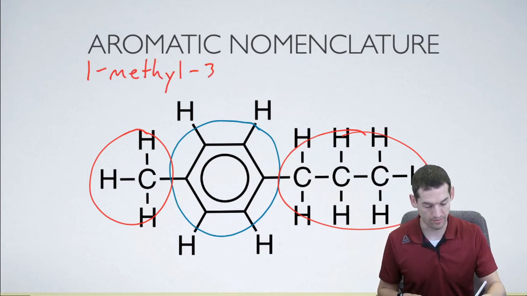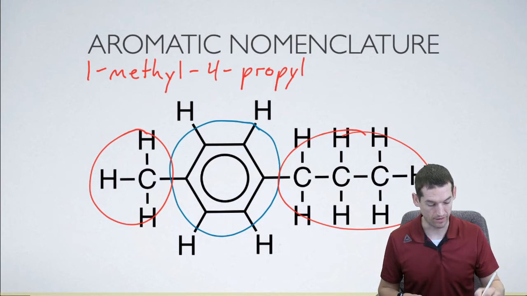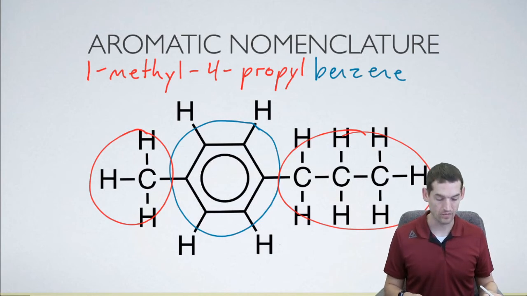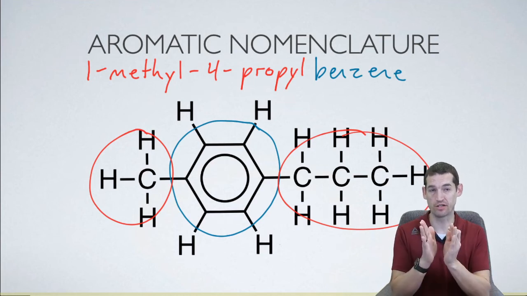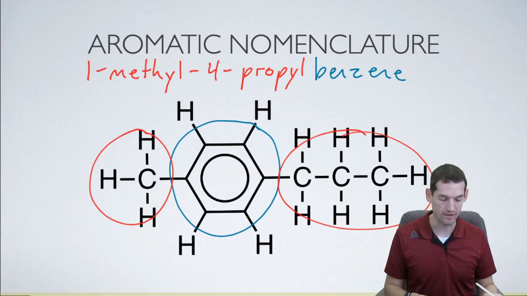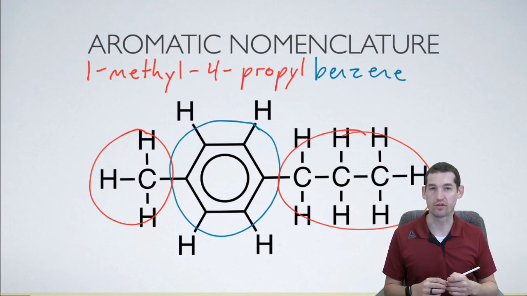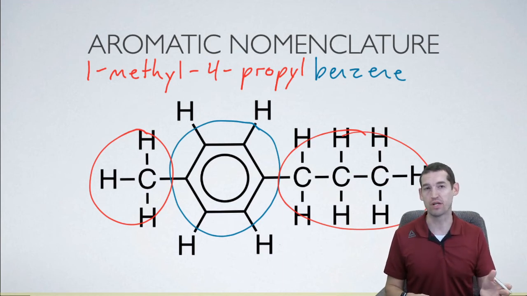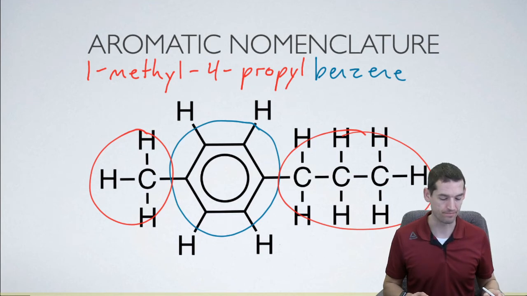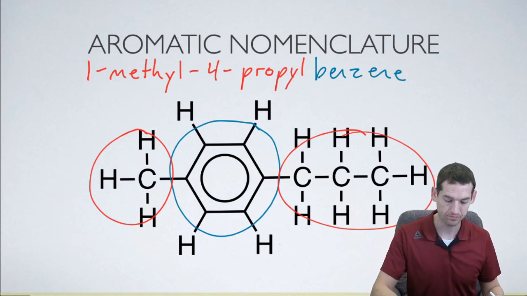Oops, sorry, not 3. 4 propyl. And my parent is benzene. Okay, so that's benzene with 2 branches. You do have to have numbers so that you can specify whether those branches are near to each other or farther apart. And then it's just the tricky part of figuring out how to number that ring properly. And these same principles apply for the cyclics that we did yesterday or in the last lesson. All right,